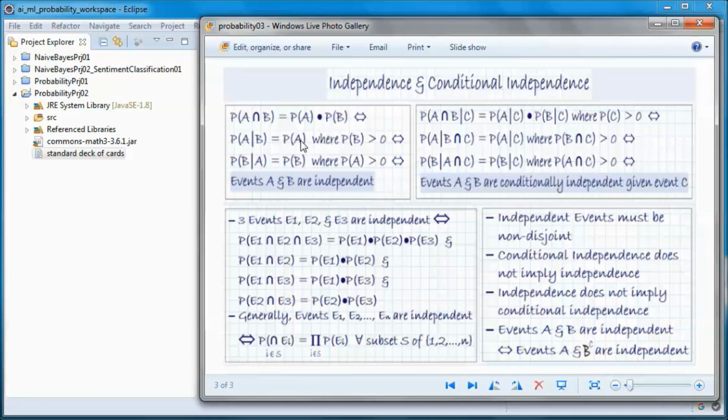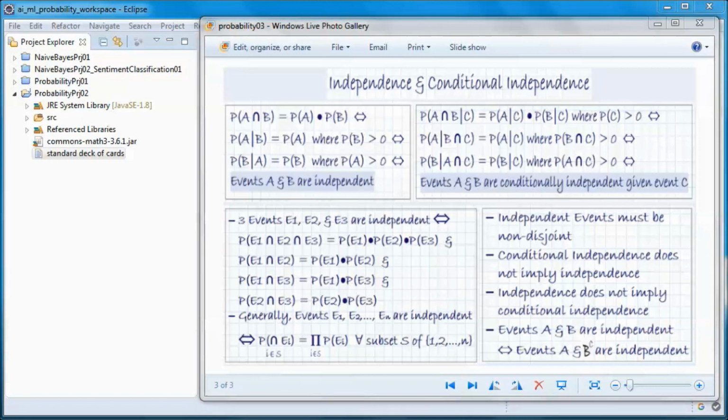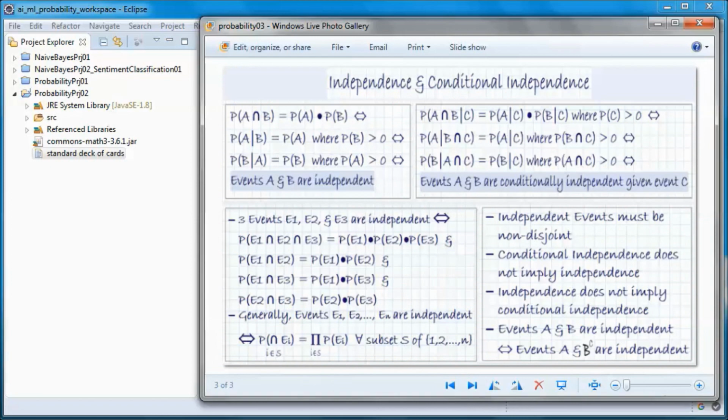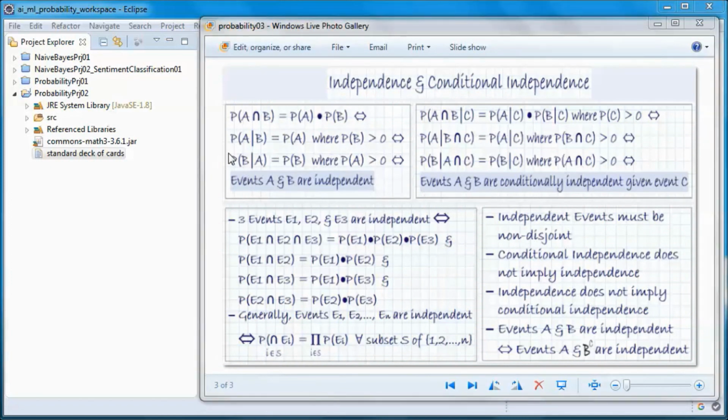Or another way of stating this is if the probability of event A is not affected by event B happening, and we have the probability of B bigger than 0, since from the definition of conditional probability, the probability of A given B is the probability of the intersection of A and B over the probability of B. So this cannot be 0. And same for probability of B given A.